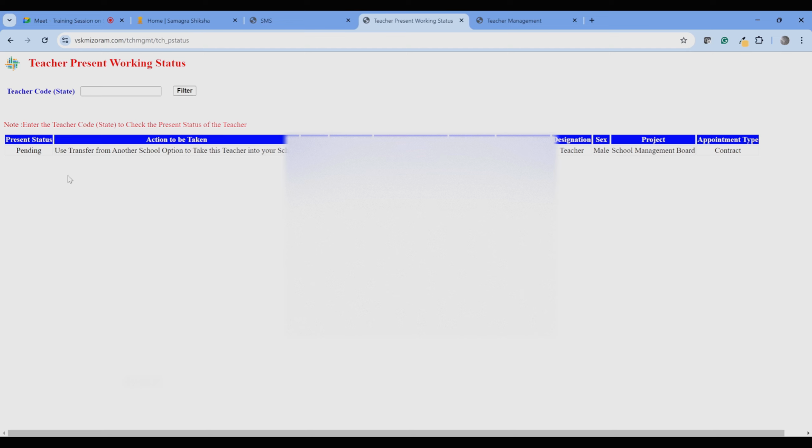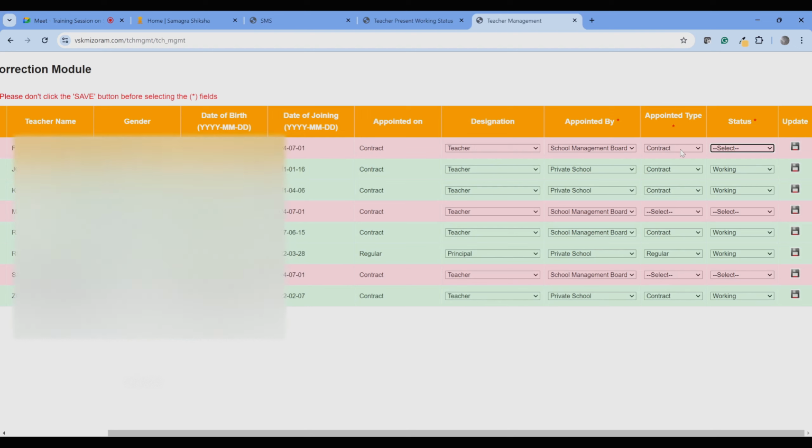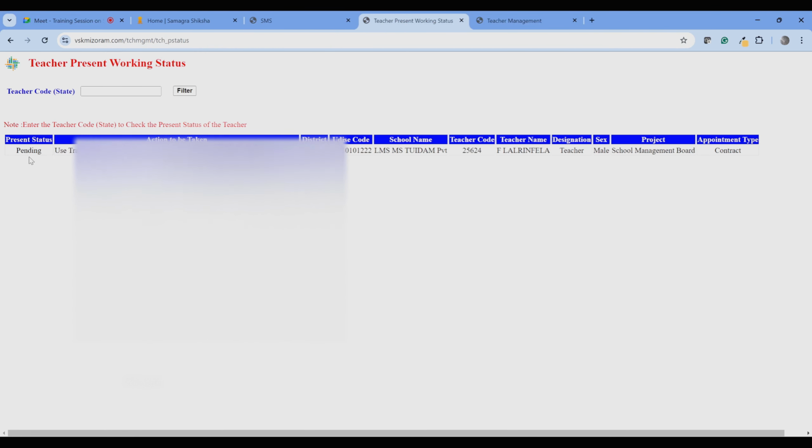If I paste it again, just see. Again, it says pending because I had marked this as pending. Now it says to transfer from another school option, because this teacher is in your school. It can be taken to another school also. If you mark a teacher as pending here, then any school from the state can take it back